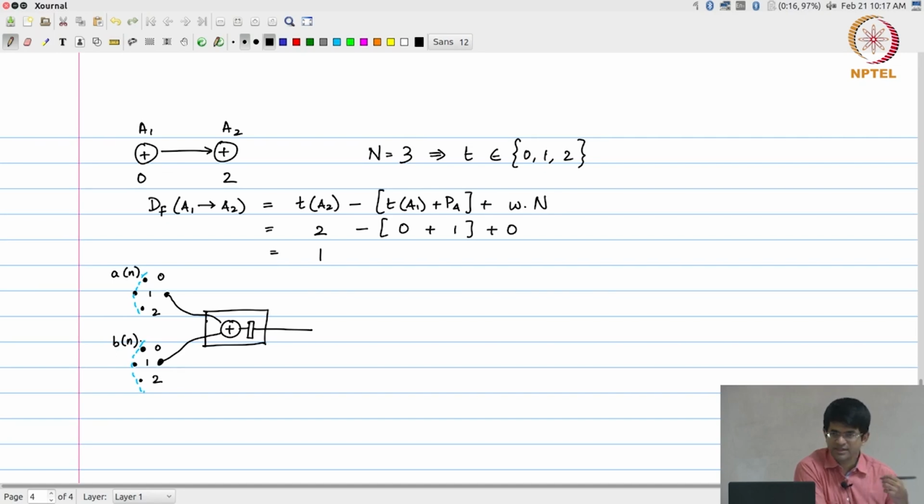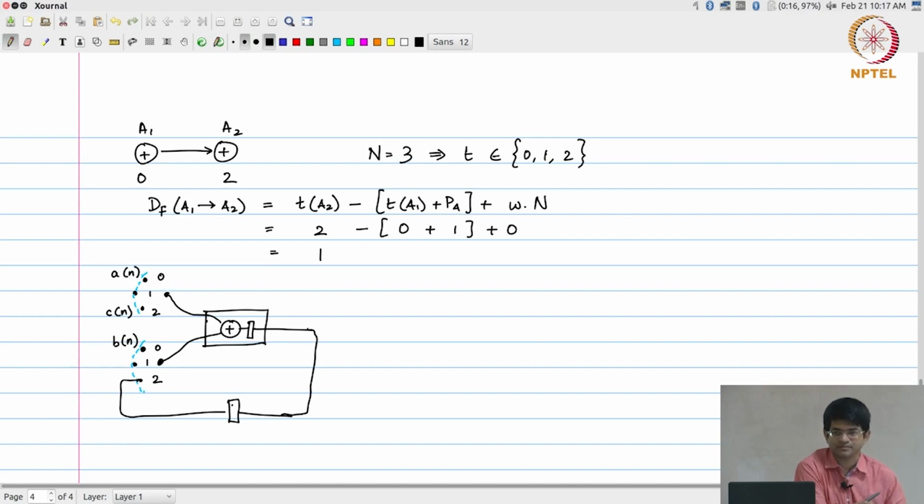There is no operation at time 1, therefore there are no inputs to be given to the adder at that time. And at time 2, what I have is c of n to be provided here, and this output of the adder to be provided, but now because df was equal to 1,